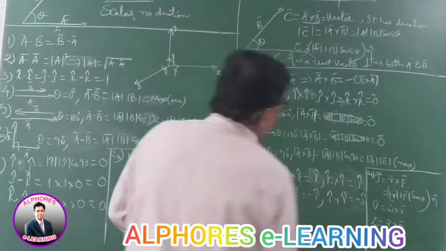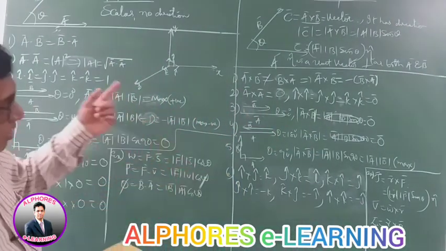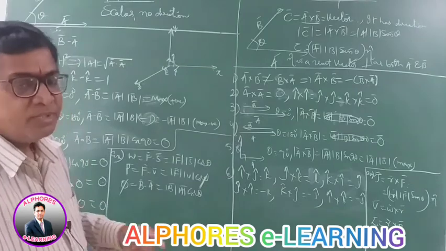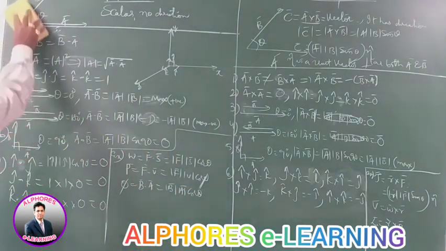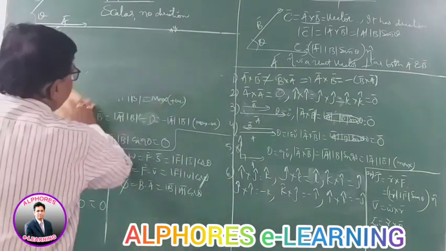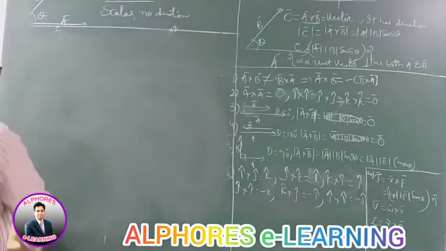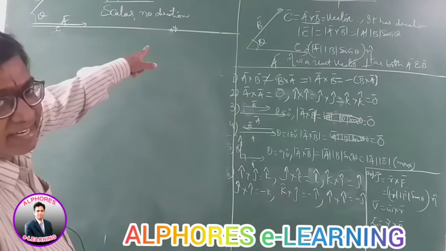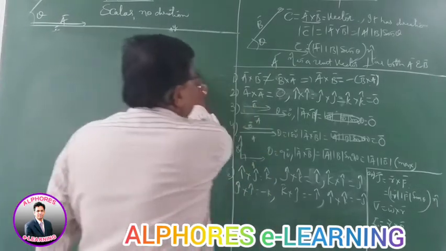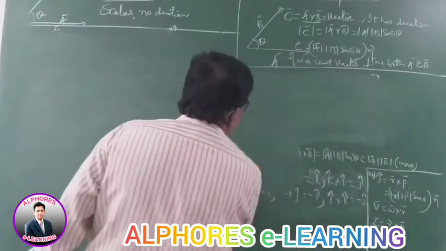This way you can compare. Actually this is the comparison between the dot product of two vectors and the cross product of two vectors. Well, in the dot product we get a scalar quantity, the resultant yielded is a scalar quantity, but the resultant yielded here is a vector quantity, like this.